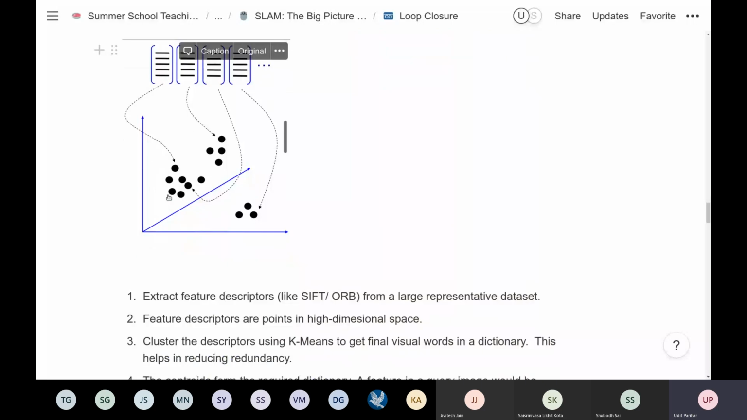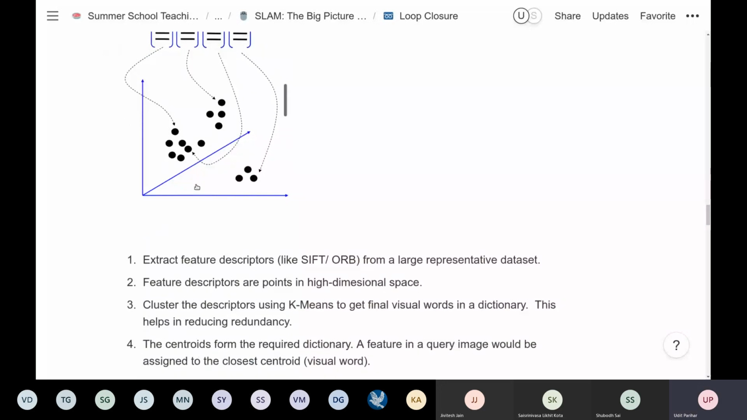Then you will do k-means, and after doing k-means, let's say k-means decides the set. K will decide the number of visual words you want in your dictionary. The number of centroids is basically the number of visual words. Say you want a dictionary of 1,000 or 10,000 words, then you will set k equal to 1,000 or 10,000, and that will say what are the most prominent descriptors present in all the database images. And those will be the words